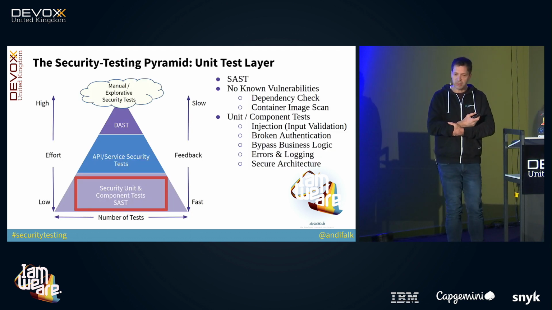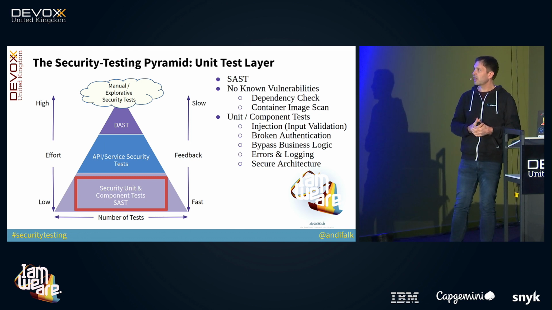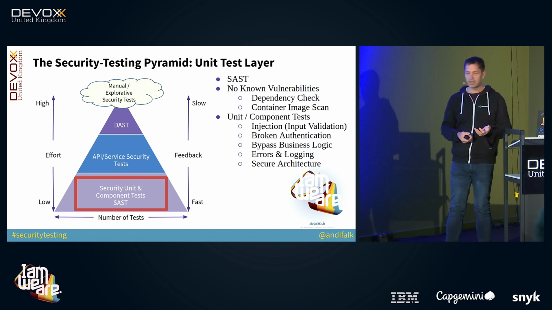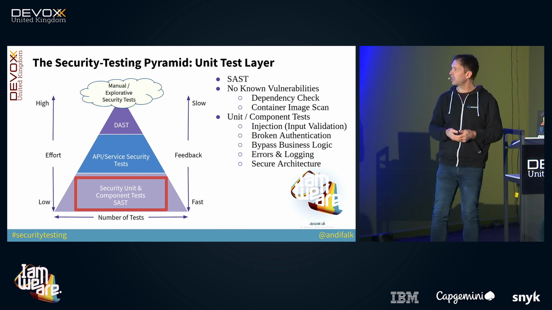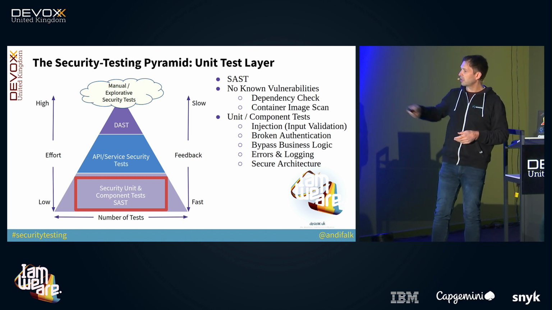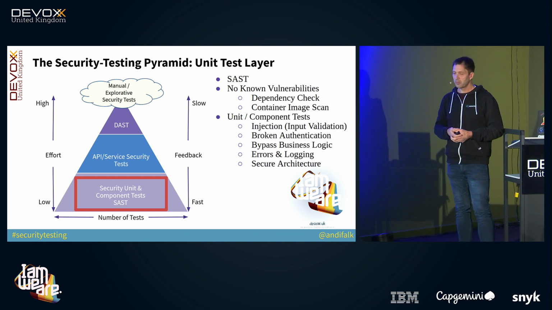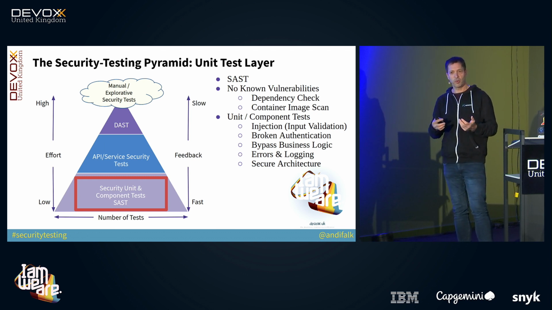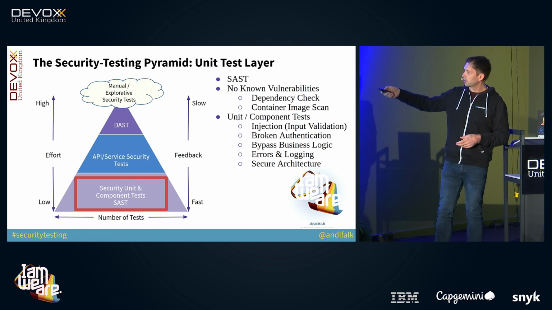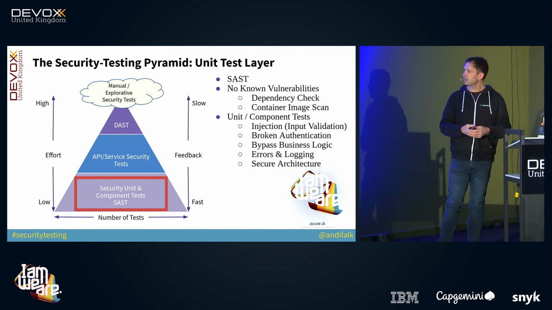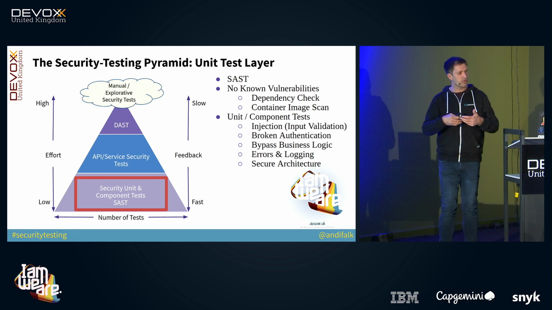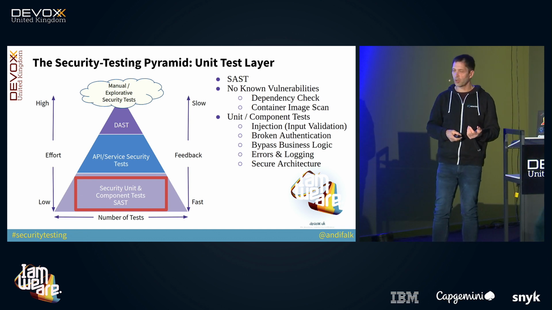So now let's dive into the testing pyramid. We will start at the base level, the unit testing layer. Here you can already test for really different things, like the typical static application security testing, with lots of tools in the open source world or commercial tools as well. Then you can check your third-party dependencies for vulnerabilities. Kubernetes is a big thing nowadays, so you can also test with container image scanning tools